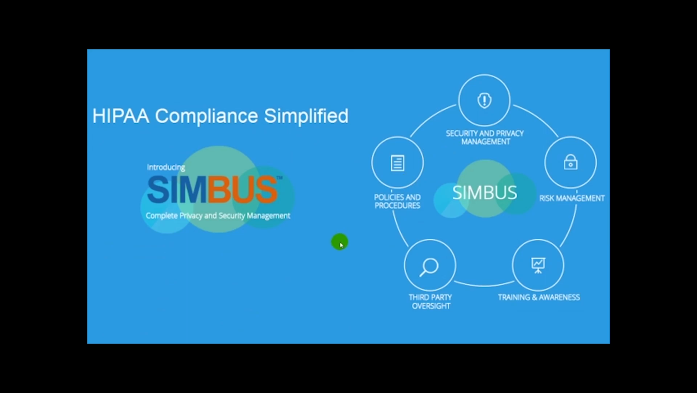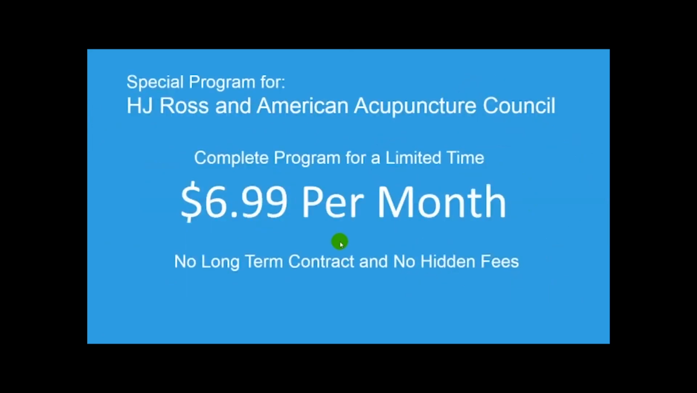So again, we have compliance simplified. There's no question about it. You saw it. And what's even better is, as I said before, we've got a special program for H.J. Ross and American Acupuncture Council. I have a good relationship with them. I've known them for 4 years. In fact, that's basically how I'm involved in HIPAA compliance. Rebecca and I created the program, and once I was finished with it and thought it was good enough, I circled back and made this offer for a limited time to get everybody compliant within H.J. Ross and American Acupuncture Council